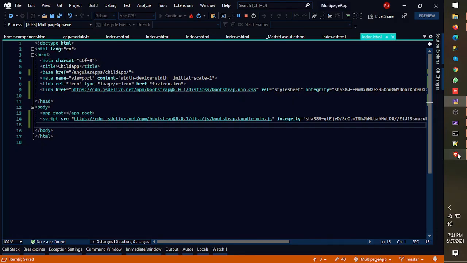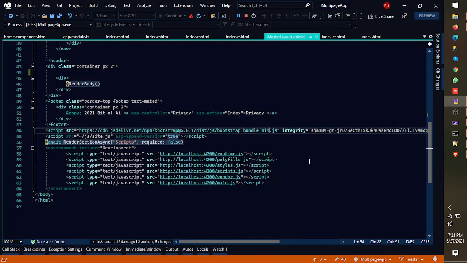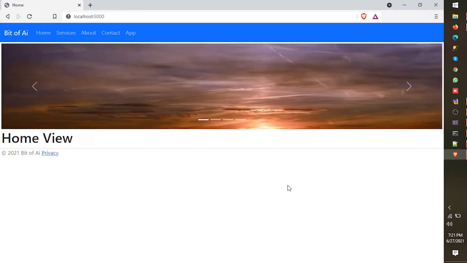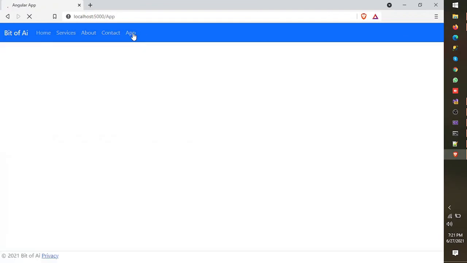So to do that, we need to go into the master layout, and we need to remove this container class from there and here as well, and see if our pages have been updated to take the maximum width of the page. So home is updated, services is also updated, contact and our app has also been updated.